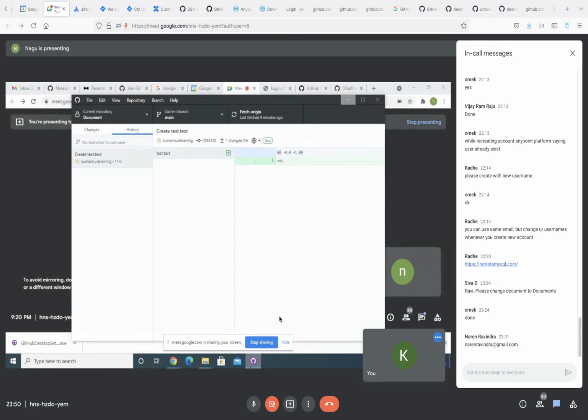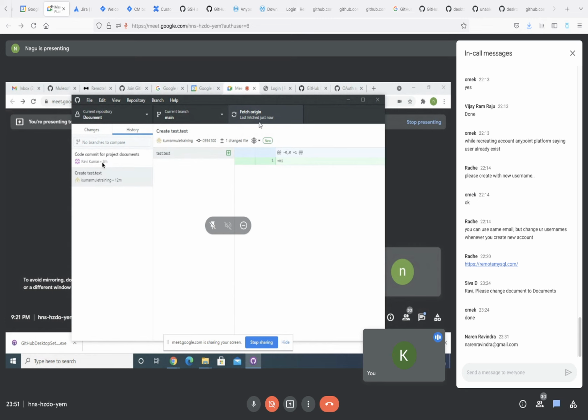Go to Git Desktop. Click on fetch origin, that refresh option. Yeah, click on that and wait for some time. Okay, now you can see pull origin. Click on that pull origin, which means you are taking something from the server. Yes, now it's syncing. After some time in history there will be another tab. Yeah, you can see whatever I committed is available in history.